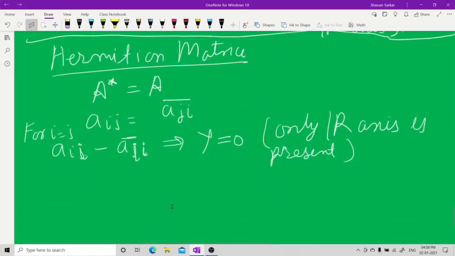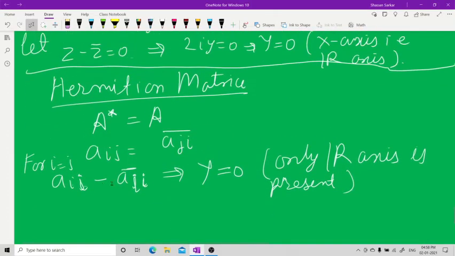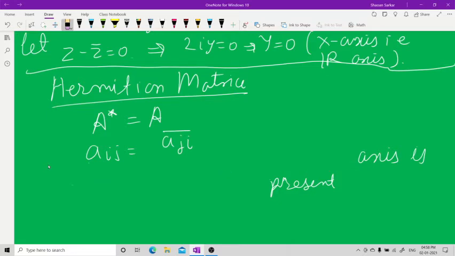So now I will help you. I will tell you how to construct a Hermitian matrix. You have this. A star is equal to A. Aij is Aji bar. For the diagonal elements, this is for the diagonal. For i equal to j, I mean this is the diagonal, because A11, A12, this is the diagonal. Let me rub it completely, the whole thing, so that you people understand it again.